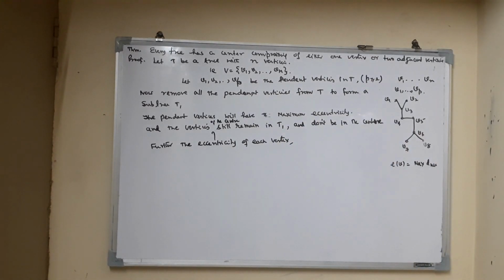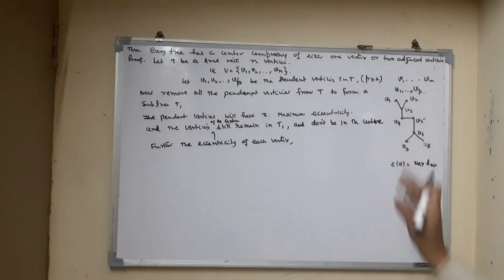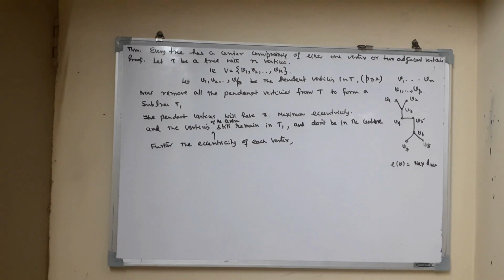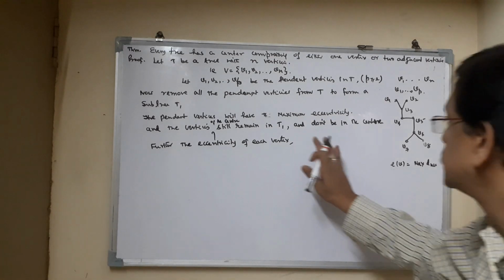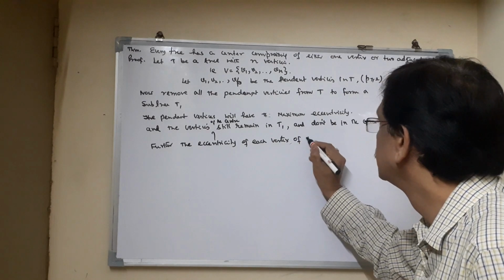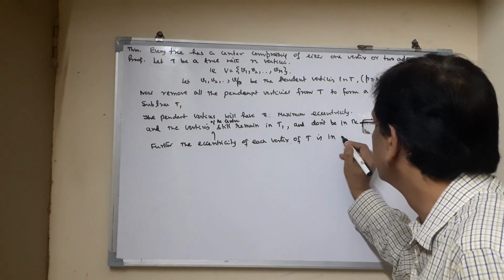V1, V2, V7, V8 are pendant vertices. Now, the eccentricity of each vertex I'm talking about, each vertex of T that is in T1,